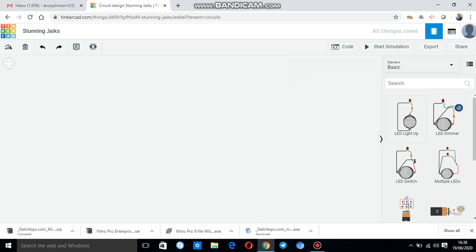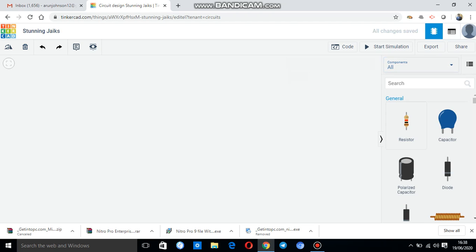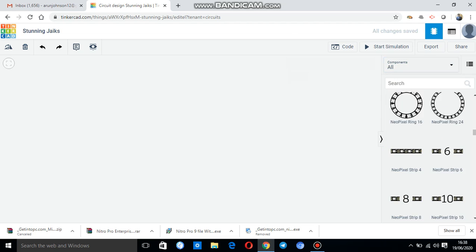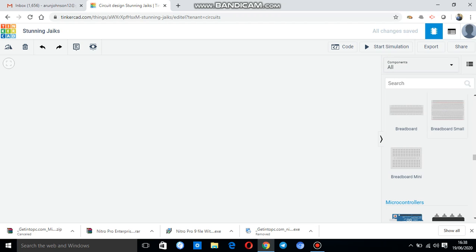First I'll delete this and I'll go to the components. You can see many options: sensors, input devices, output devices. I'll show them later. First we'll see a small experiment. Breadboard: like in laboratory experiments, you see the breadboard and connect the components.